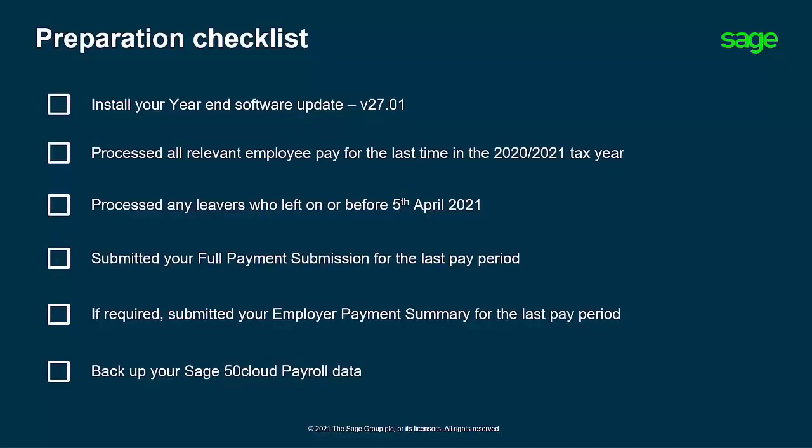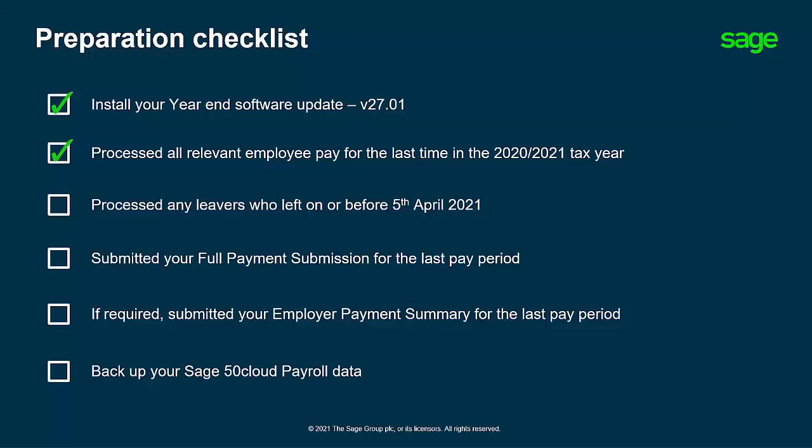And on screen now is our preparation checklist, so the steps you need to make sure you've gone through before running year end. Starting with installing your year-end software update, which is available now. It will increase your version number to 27.01 and includes all of the new legislation for the 2021-22 tax year. You need to make sure you've processed all relevant employee pay for the last time in the 2020-2021 tax year, and for any weekly, 2 weekly, or 4 weekly paid employees. That includes checking for a week 53 and processing that for anyone whose pay would normally fall on the 5th